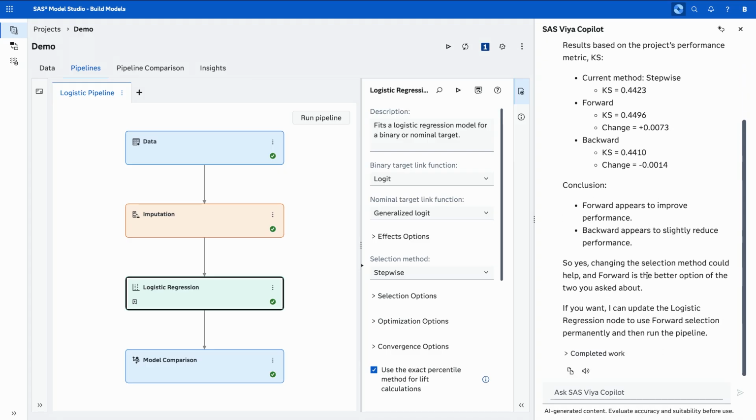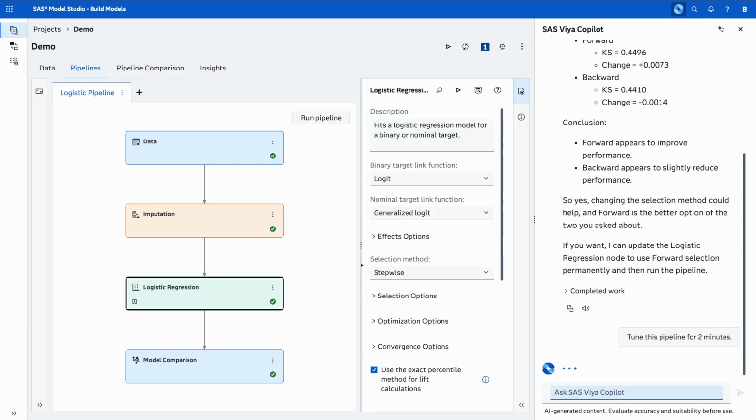I could run these types of what-ifs across any of the nodes and any of the different properties. It even supports the ability to do multiple nodes and multiple different properties. Again, all those combinations handled for you just by asking Copilot to do it. Now, I mentioned that this isn't a great model as is, so maybe the next thing to do is actually look at the full pipeline and try to figure out if there's better ways I can just improve it. Copilot can also help with that.